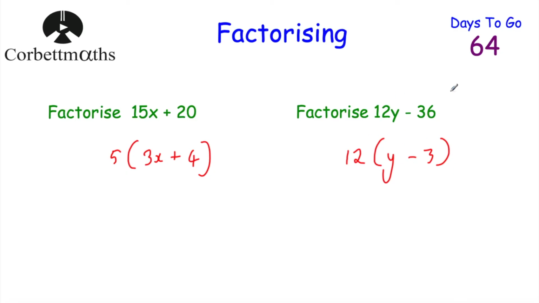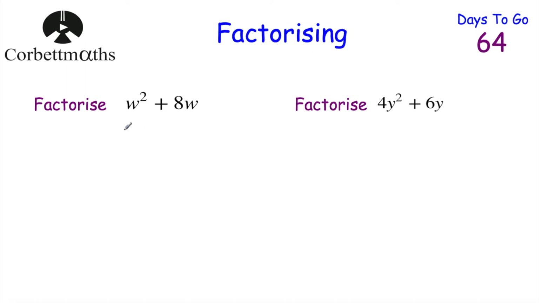So we've factorised this. Okay, let's have a look at 2 more questions. This time we've been asked to factorise w squared plus 8w. We want to see what we can divide both of these by, and if we have a look at them, they've both got w's, so let's divide both of them by w. Let's take our w outside the brackets, and then divide both of these terms by w. So w squared divided by w will just be w, and then we've got plus, and then 8w divided by